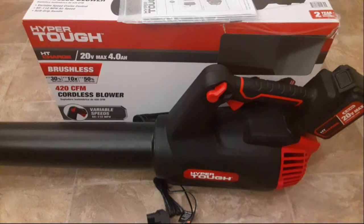There was another company that makes blowers that I did have initially as a second option. However, after using Hyper Tough, I'm definitely very pleased with this. I'm interested to know if they have any other, maybe a 40V or higher blower that I will be looking up as well. But it did a pretty good job. I just wish it had a little bit more intensity on the blower. However, I was